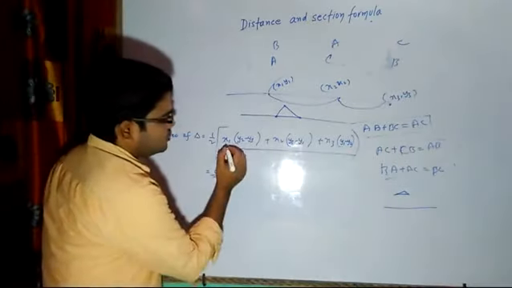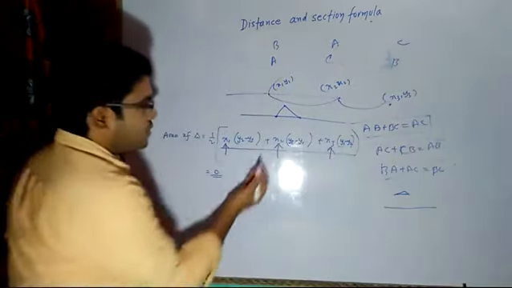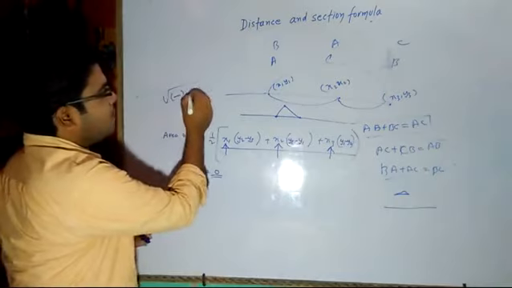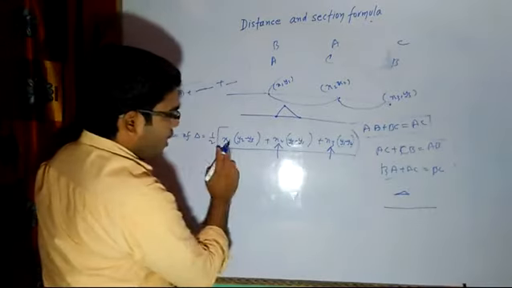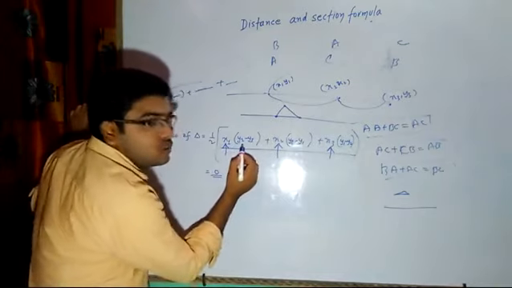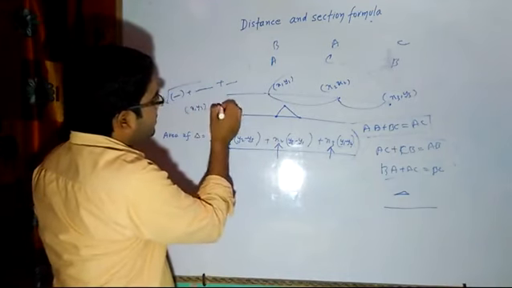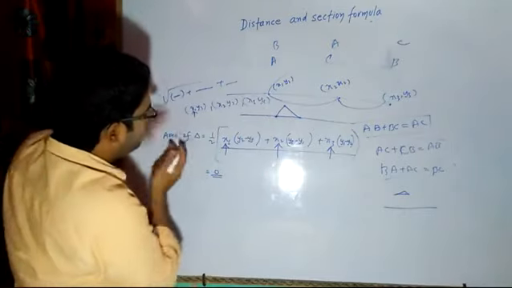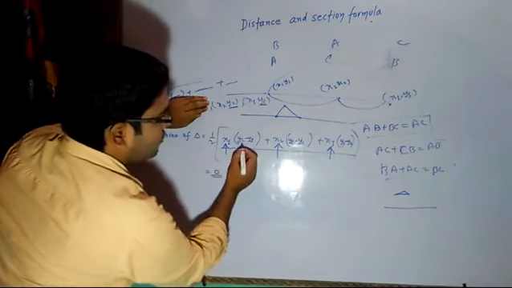The very first concept: you see what I have done, I wrote x1, then here x2, then here x3, right? After that plus, plus, plus, as it was in the case of the distance formula, a difference here, a difference here, a difference here. Now x1, x2, x3 with plus, plus, plus. If I have used x1 here, I have used the remaining two in a sequence order, like x1 y1, x2 y2, x3 y3. When I have used x1, I have not used y1, but I have used y2 and y3. So I wrote y2 minus y3.